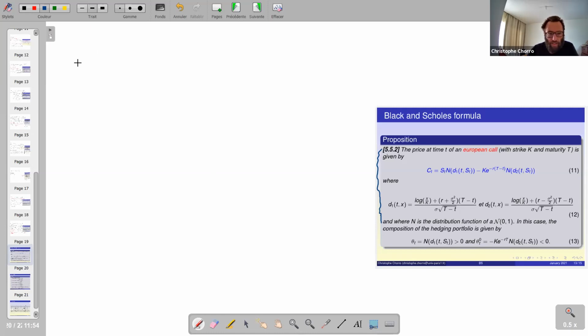So what is this hedging portfolio? I know that C_t is equal to S_t N(d1(t,S_t)) minus K exponential minus r (capital T minus t)